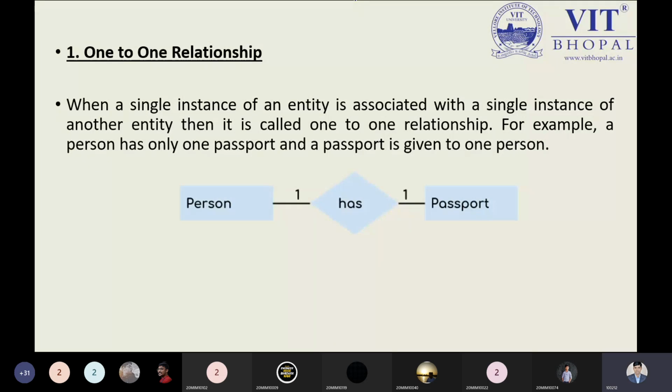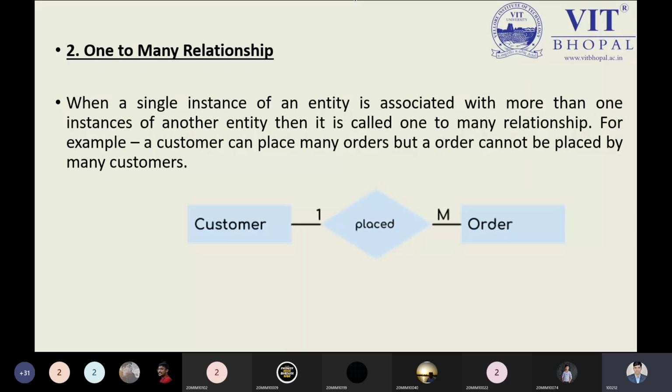Yes. Now one-to-many: a customer placing many orders. As a customer, I'm visiting a hotel or restaurant and I need to place an order. First I'm ordering coffee. Then I think I must have some different kind of food, some Chinese or some different kinds of cuisine. So I'm ordering different kinds of food. As a customer, I can place one order or I can place multiple orders. If I'm placing one order, then we have one-to-one, because on my bill I will see only one product, as I have placed only one order.